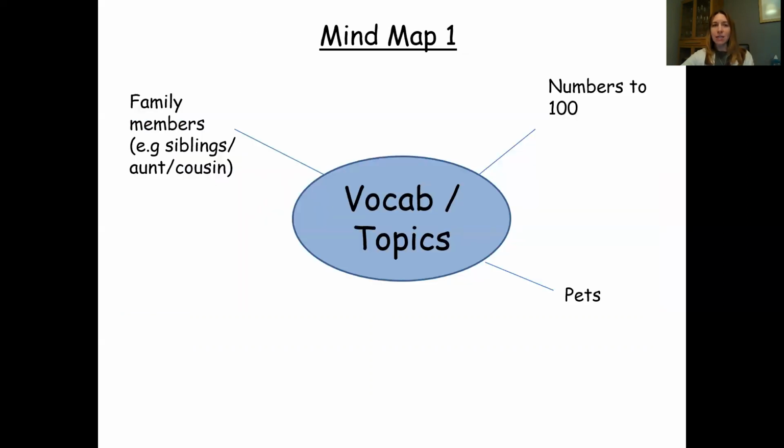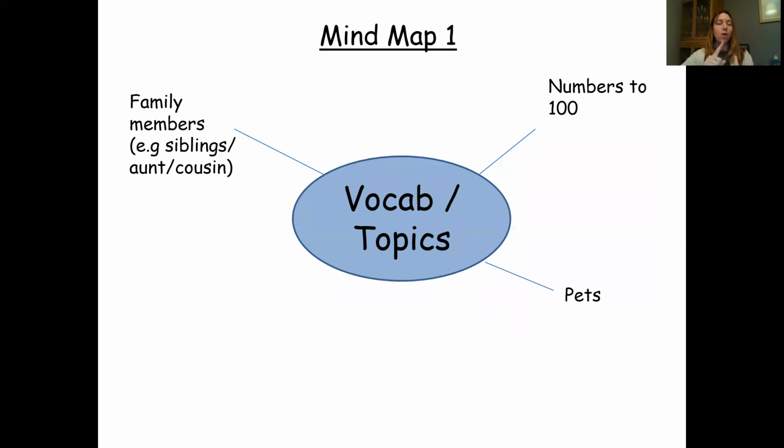So this is an example of vocab and topic. I've only put 3 here, and how you basically do it is like this. Give yourself lots of space on a sheet of paper. You might need a whole A4 sheet of paper, or you might need a whole page in your book. Right in the middle, write vocab topics, and then do lots of lines shooting off and write down all of the